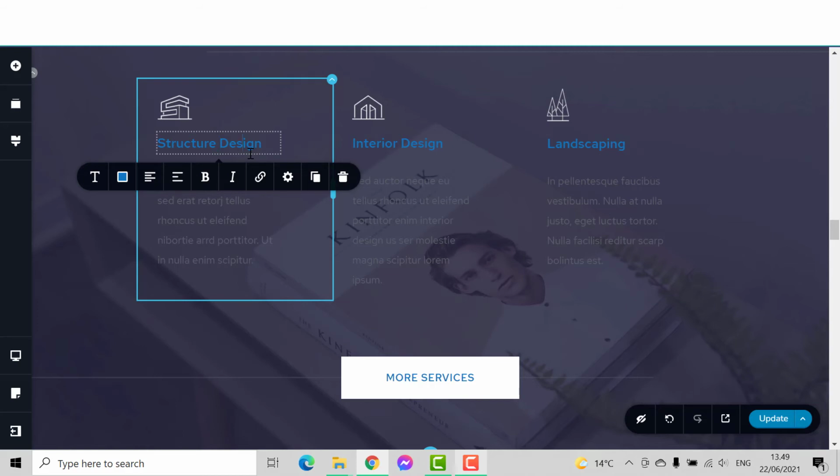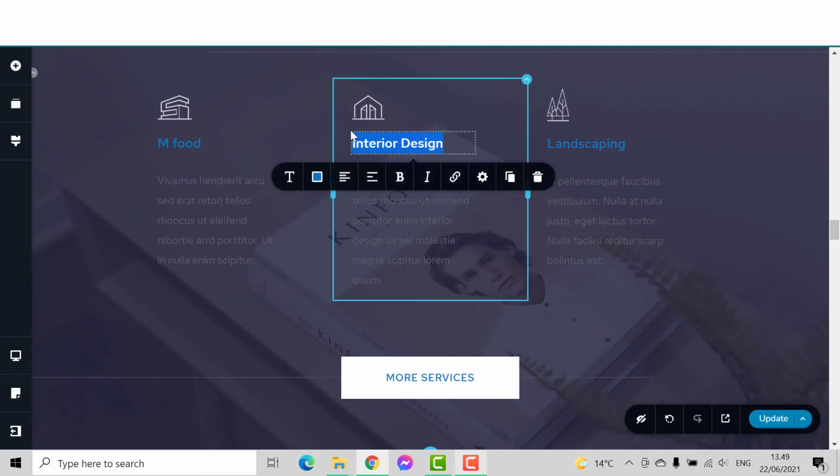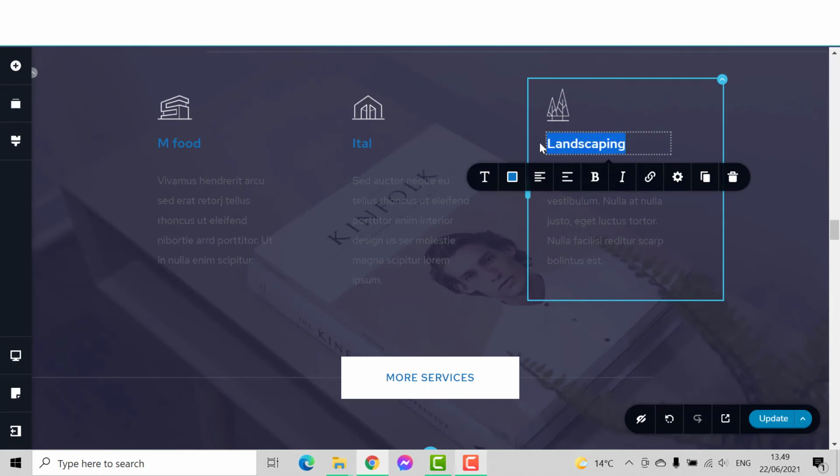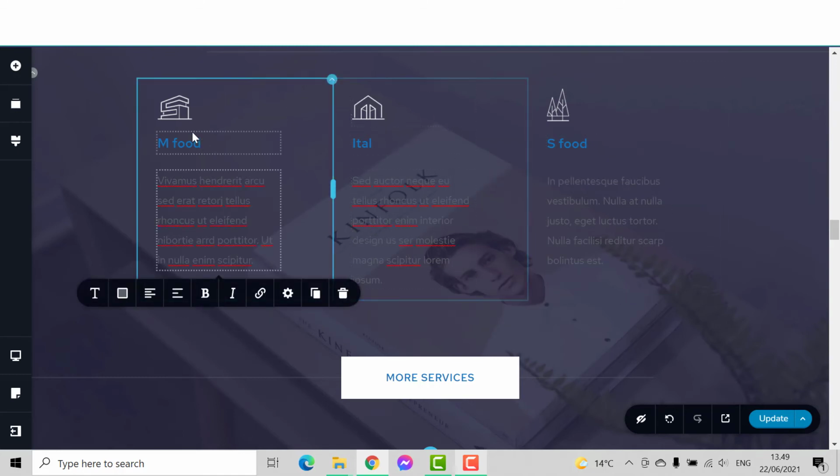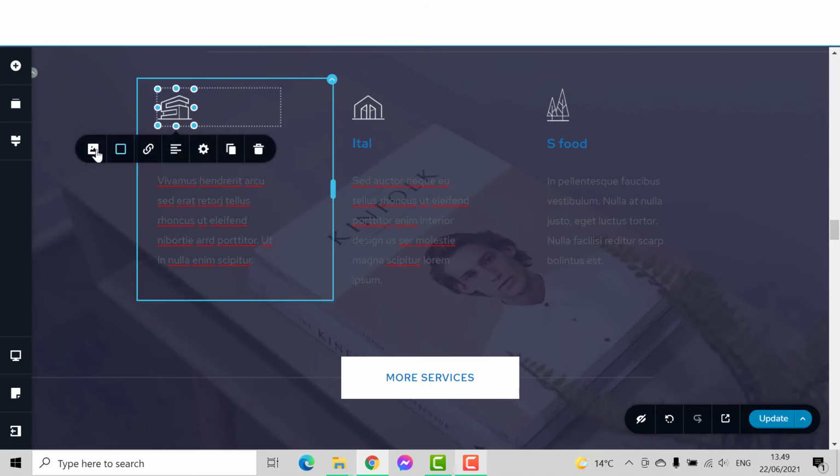Here you can write Mediterranean food, Italian food, and maybe here you can write Siberian food. So your restaurant is serving three completely different kinds of food, and you are very good at all of them. So you can also choose here